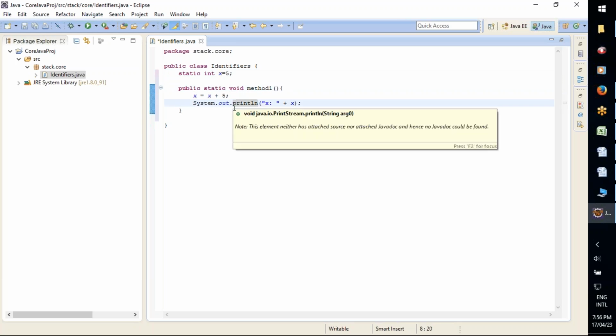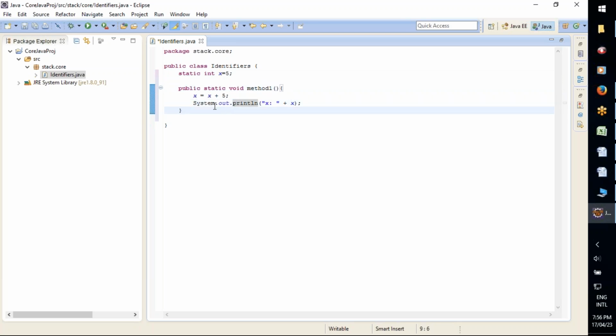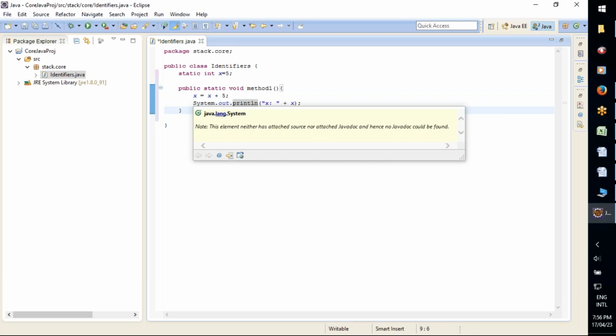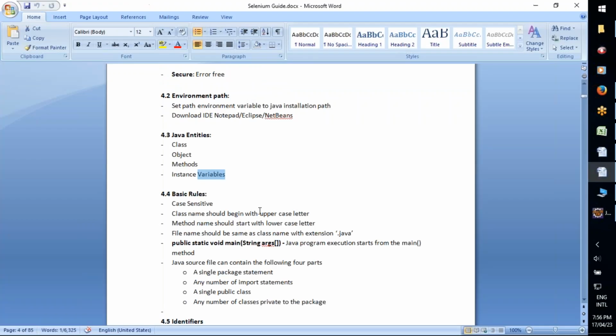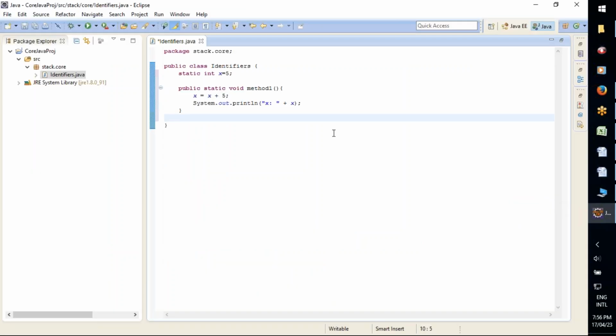All those things. Okay. Just see how to run this program, how to execute this program. Can we run this program? We cannot run this program because as per this fifth rule, if you want to run the program inside that class, we should define a main method. Understand? So we should define a main method inside this